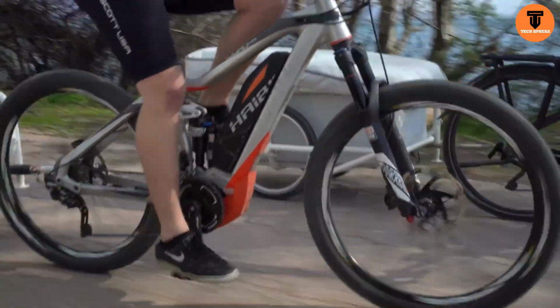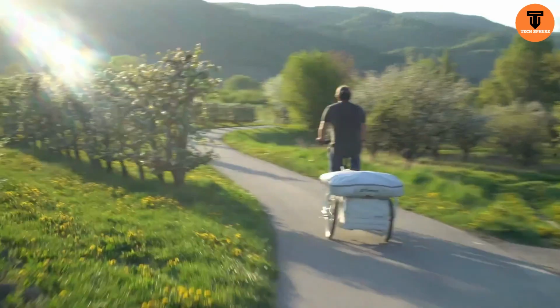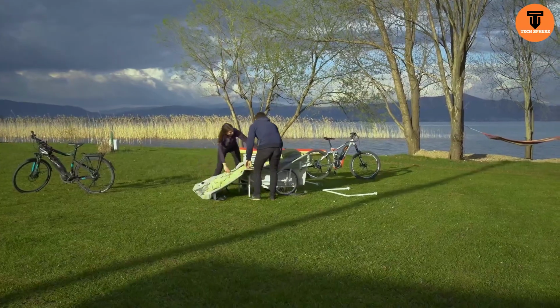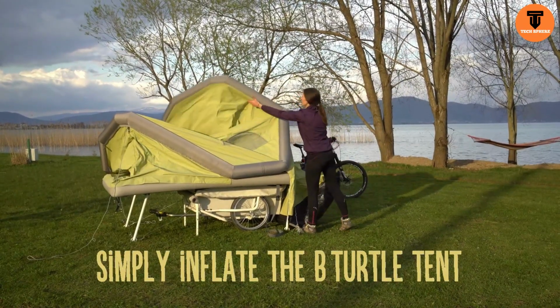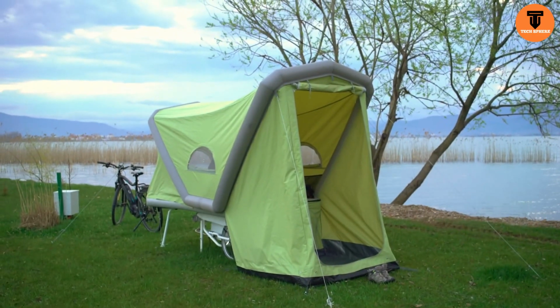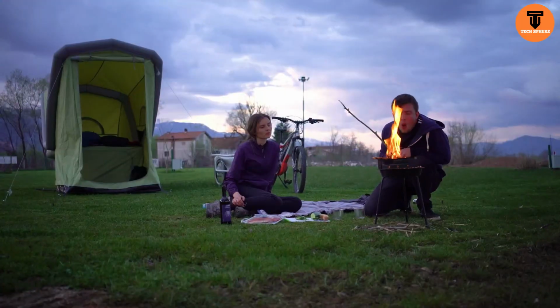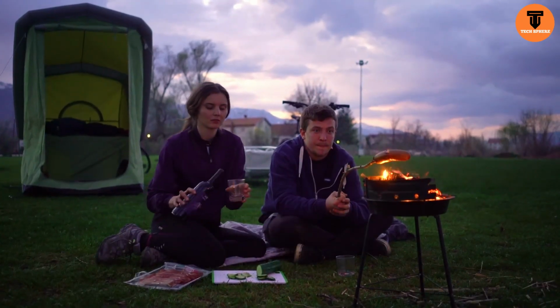protected. Crafted from lightweight aluminum tubing and UV-resistant cotton canvas, the Bea Turtle's tent fabric seals out water and sun alike while remaining breathable and tough, ensuring you rest easy even after the roughest days on the trail. In camping mode, you get a roomy interior that sleeps two, plus standing headroom under the awning. On the road, it tucks neatly behind your bike, adding minimal drag while giving you freedom to chase sunrise vistas